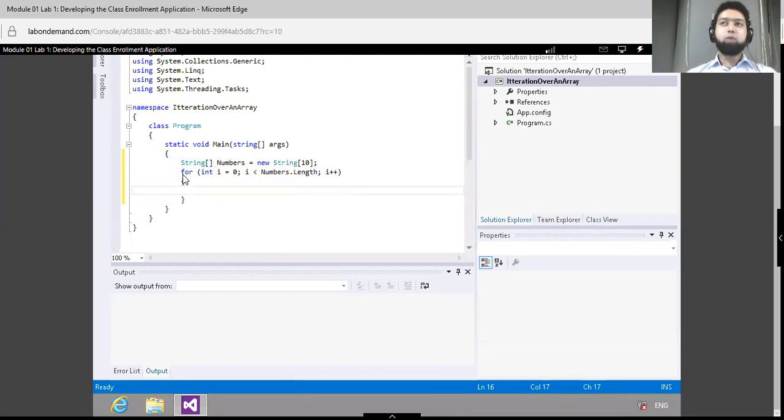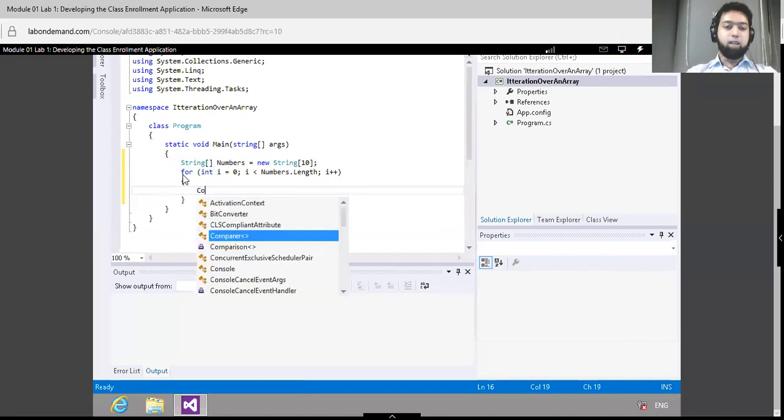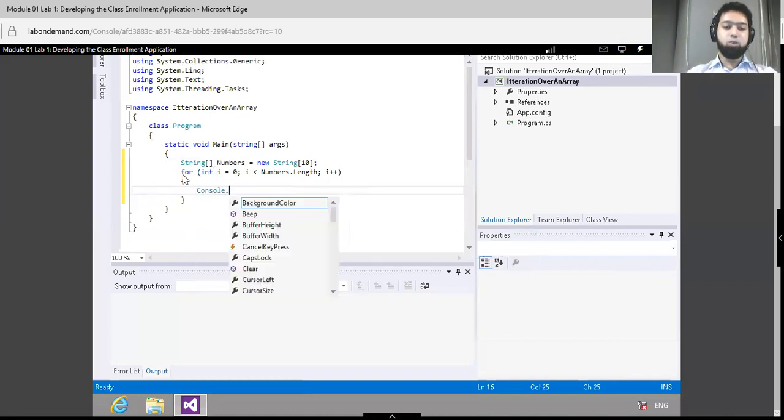So we need to insert the information getting from the user and then store it in each index of the array. For instance, we want to store any number provided by the user in index 1 or index 2 or 3. So this loop will run from the 0th index to the n-1 index. So let's first ask the user to provide the number. For that, we will write Console.WriteLine